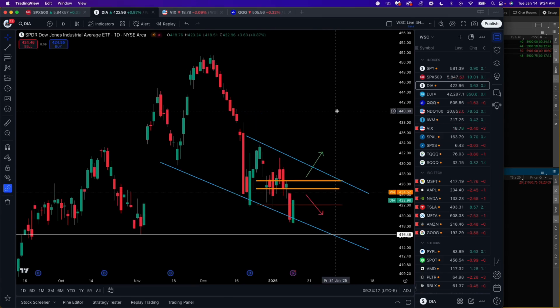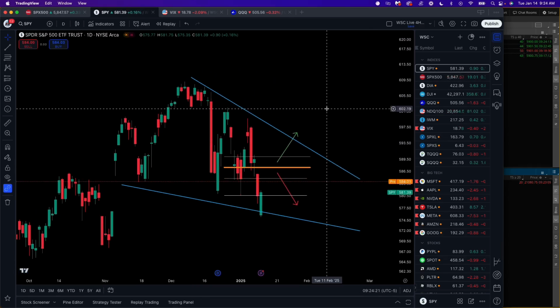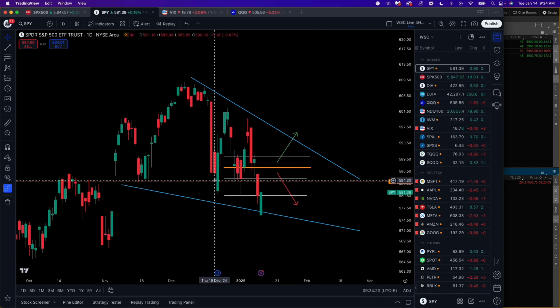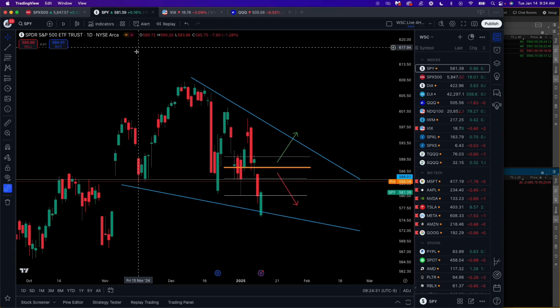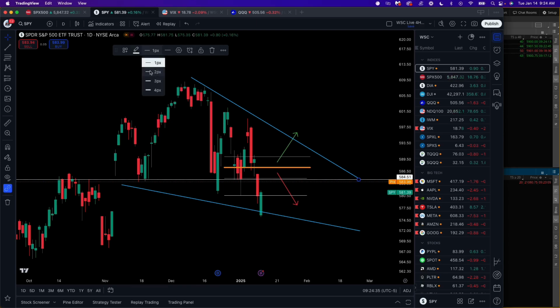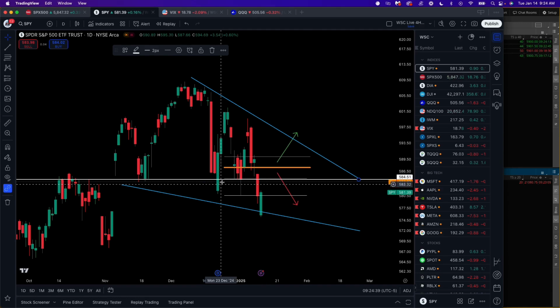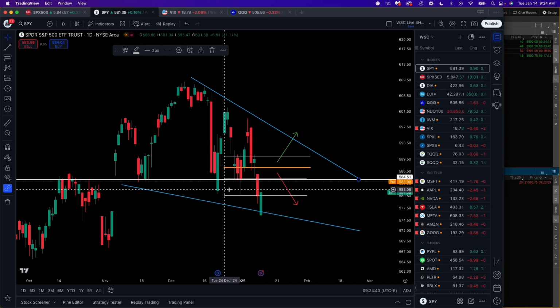5,860. When we go here to SPY, the pattern is not that appreciated as we do got this going on, but the breakdown would be here. Breakdown would be here. Let me draw it. One second. All right. Breakdown would be here. It was respected here. Here it kind of doesn't seem like that. I would view this as a mechanical